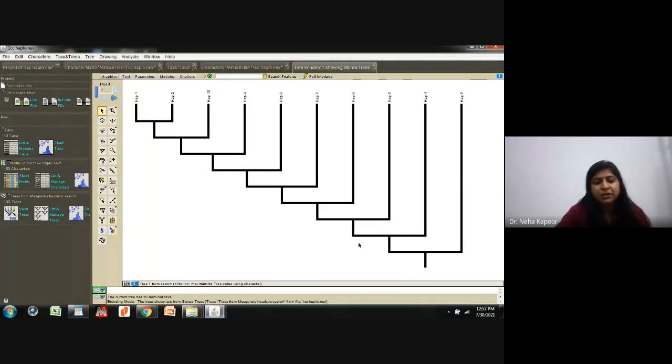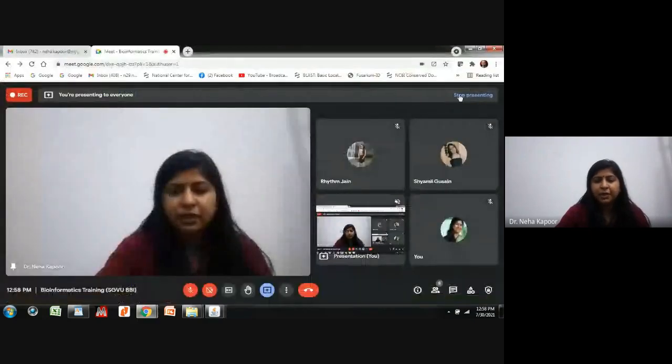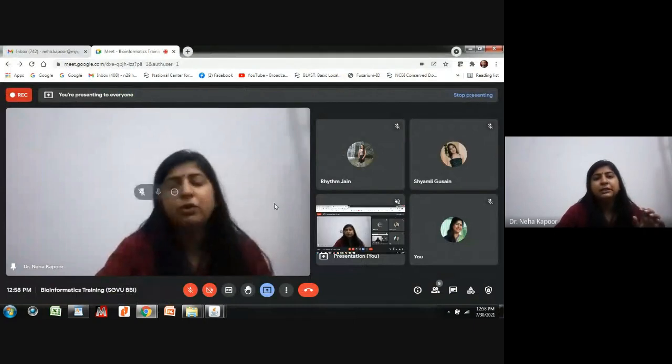But this is quite a difficult software actually, but you can do multiple things in it. Similarly, you can select the tab, you can compress it, you can rename these things as you have done in MEGA. But the MEGA software is quite easy, so that is why it is most commonly used. So this is the complete Mesquite software. I hope the concept is clear to you. You have to perform the complete phylogenetic analysis by using MEGA software only.